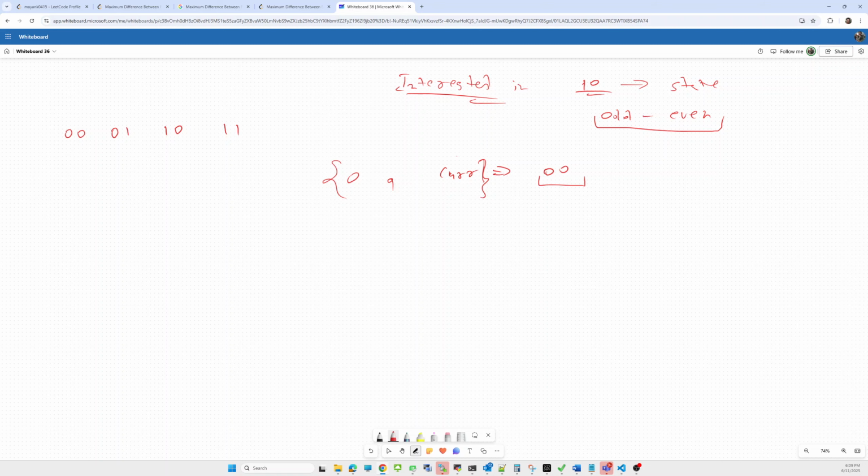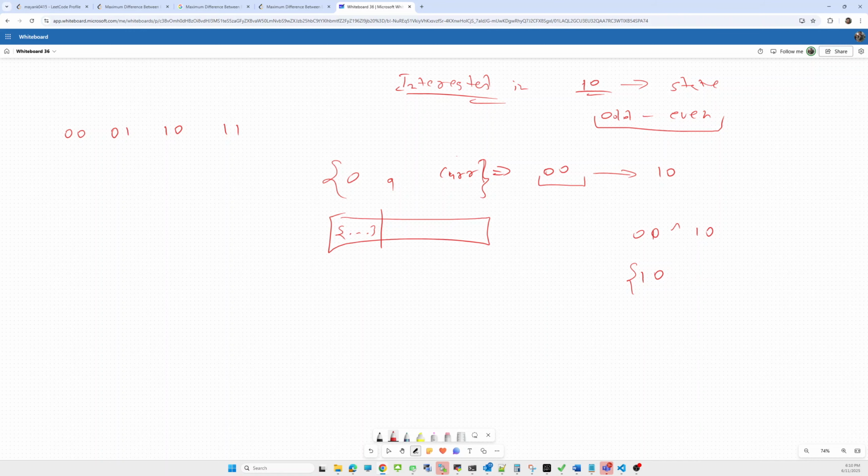So we are interested in the 10 state. So how can we, if we deduce some substring from the previous, let's say this is the current whole string, and if we deduce some part from the whole string, it will give me the 10 state. So from this, how can I achieve this one? I will get the opposite of this one. If I take the XOR with 10, I will directly get it. So 01 will be 1 and 00 will be 0.